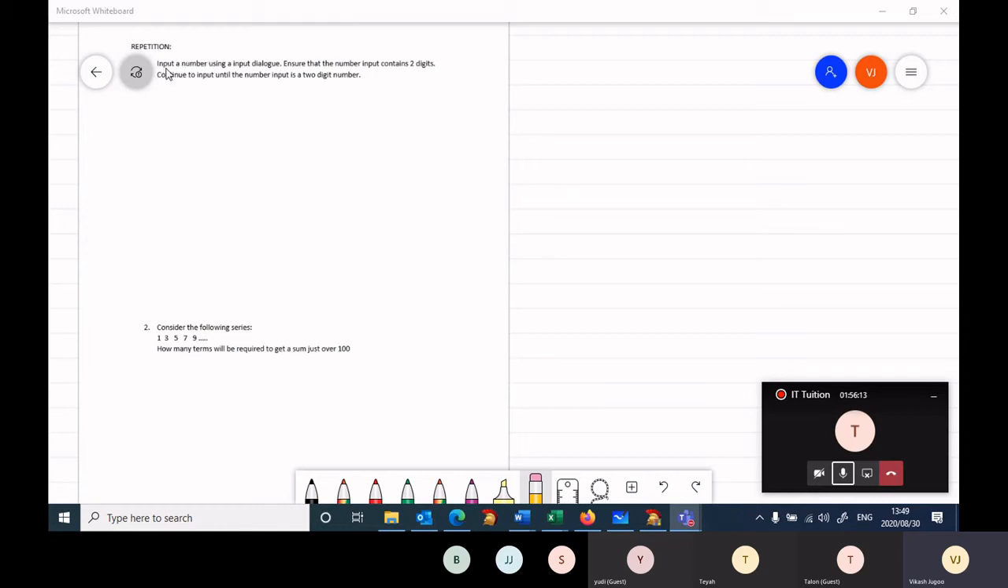In this question, we need to input a number using an input dialog box, right? And we need to ensure that the number contains 2 digits. So we need to continue to input until the number input does contain 2 digits. In other words, the user could repeatedly input a number that's not 2 digits. You need to continually prompt the user to input a 2-digit number. And eventually, when the user does input a 2-digit number, you could possibly say thank you for inputting the 2-digit